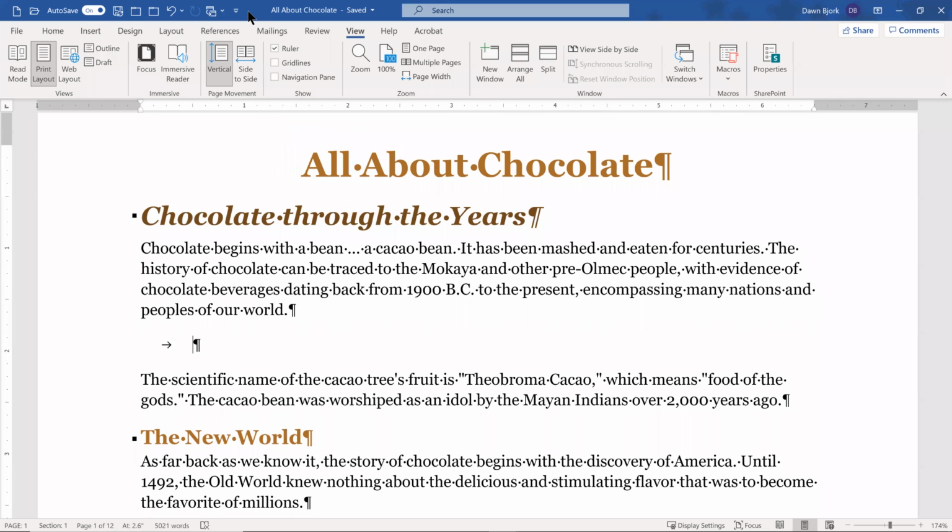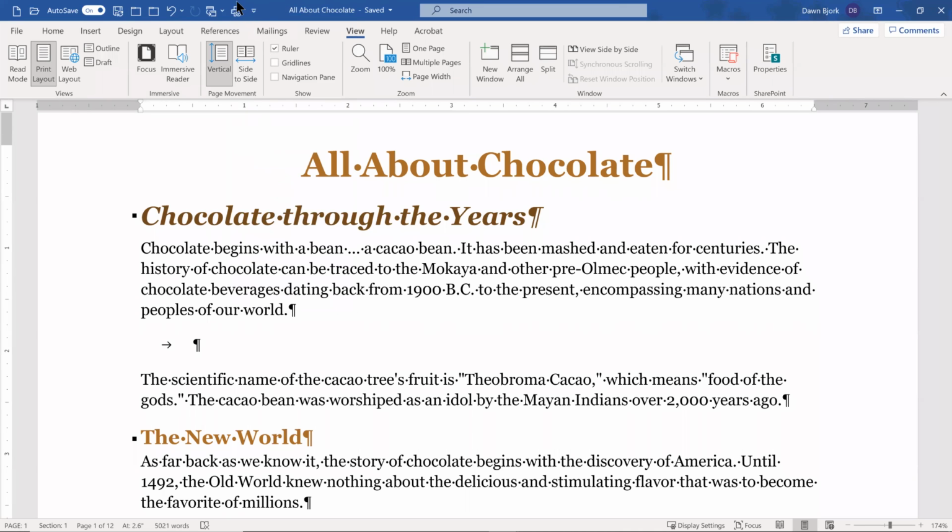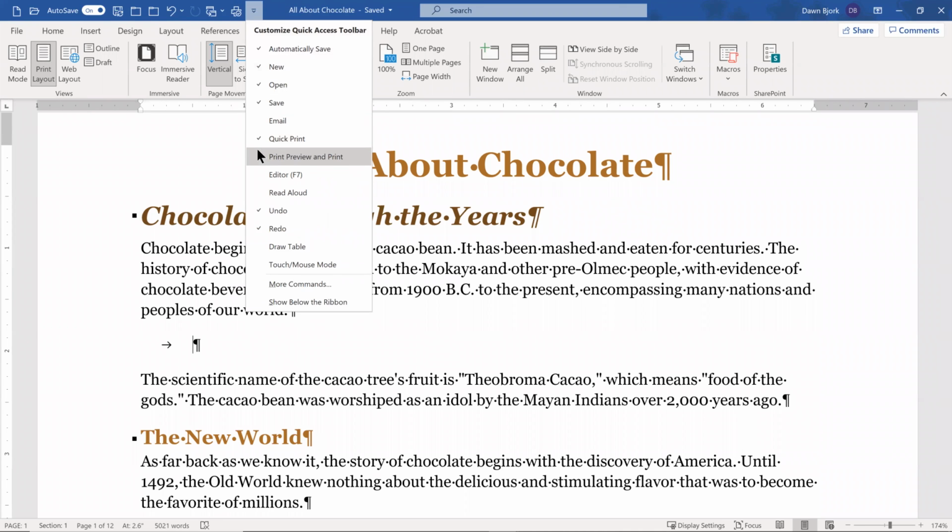If you haven't already worked with it, this is an option that either sits above or below the ribbon, and you can customize it with features you use frequently. So for instance, if I go to the drop-down arrow, there are 3 different ways to customize it. We'll just touch on some of those right now, but for instance, if you wanted to do a quick print,